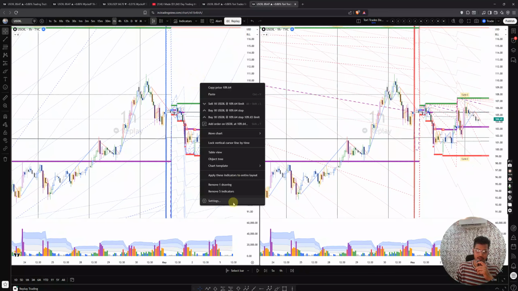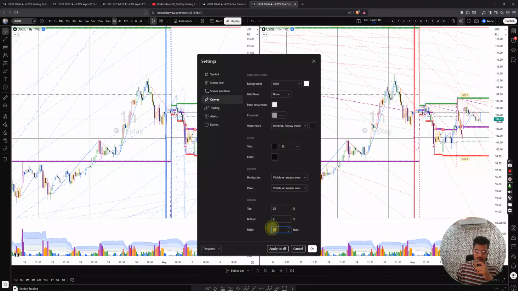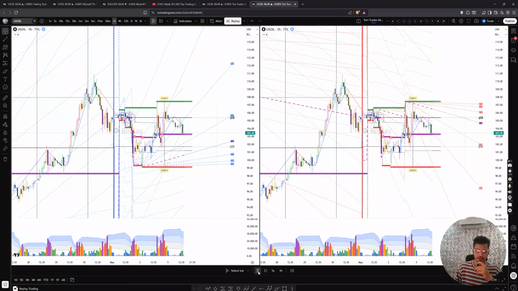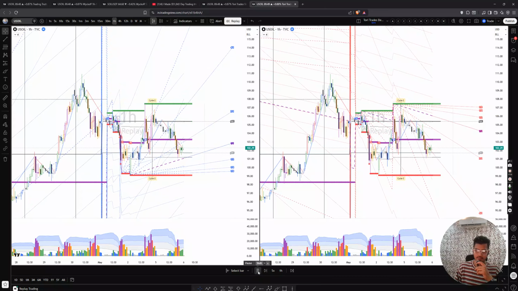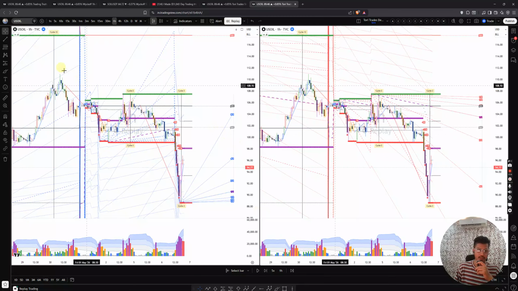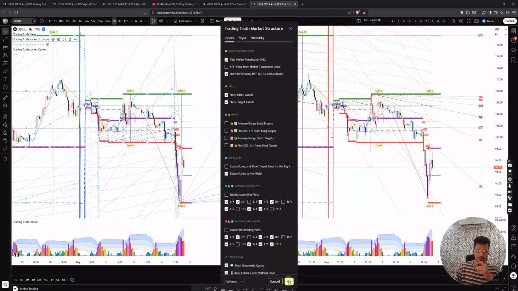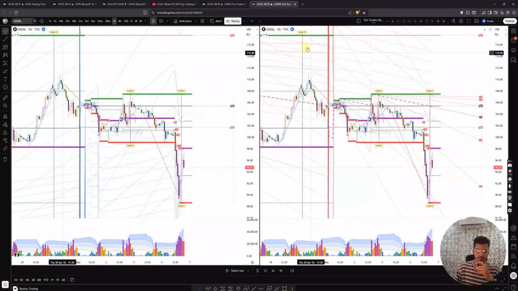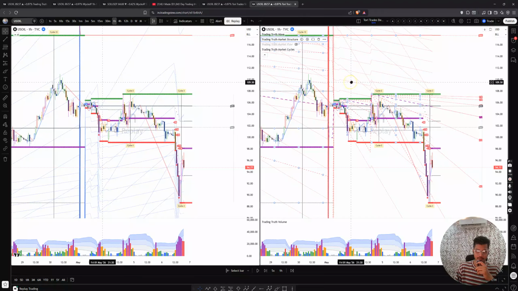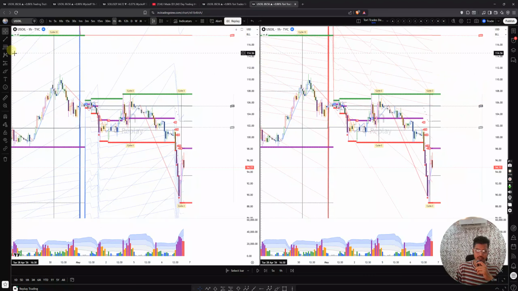Let me actually canvas 50, okay. And you know what, I want to disable this one. I'd like to disable this one as well. I just want to see the cycles,